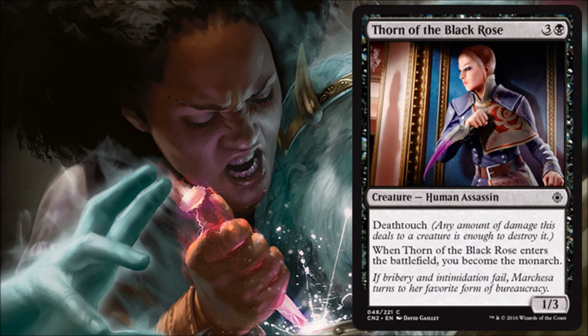Thorn of the Black Rose. Here's another Death Touch creature that's all about getting the crown and keeping the crown. You pay 4, it's a 1/3 Death Toucher. You also get the crown, which means you're probably getting a card draw at the end of turn, and the